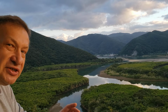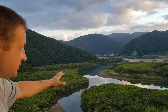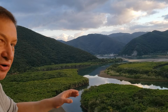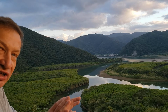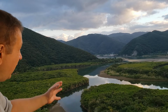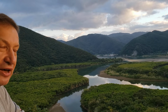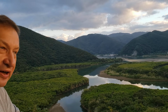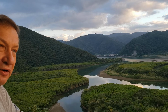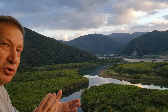Plus, rising seas are a very big problem, and mangroves can stand. They will be natural barriers which will prevent destruction of the sea coast and prevent flooding. So mangroves may play an extremely important role. Unfortunately, they are declining. And this example of very northern mangroves can teach us how to make